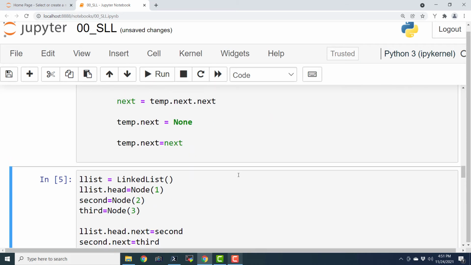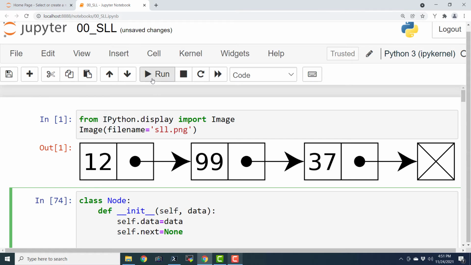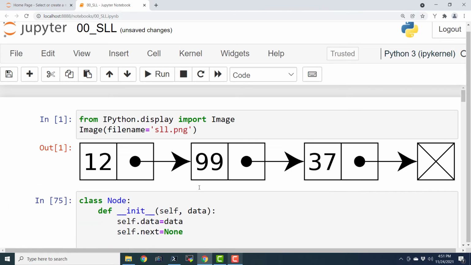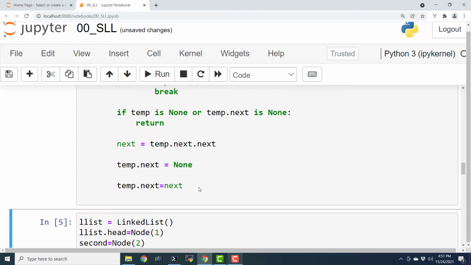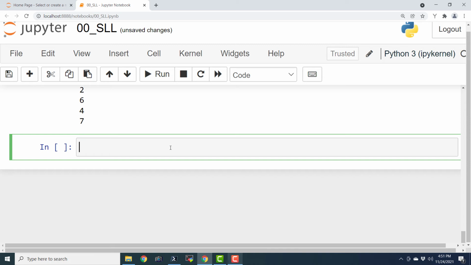So let's run this, or let us try to run this again. We need to make sure that this cell executed. Okay, so this cell executed without any error. Now let us go ahead and write the driver code, and that is going to be quite easy. This time we are going to write the driver code from scratch, and it will be very exciting to see all the code that we have written working in action.